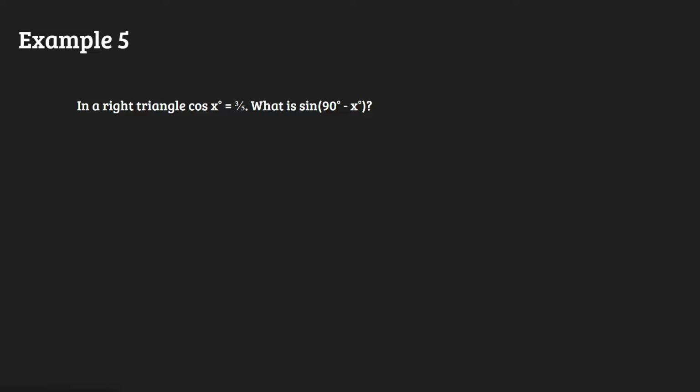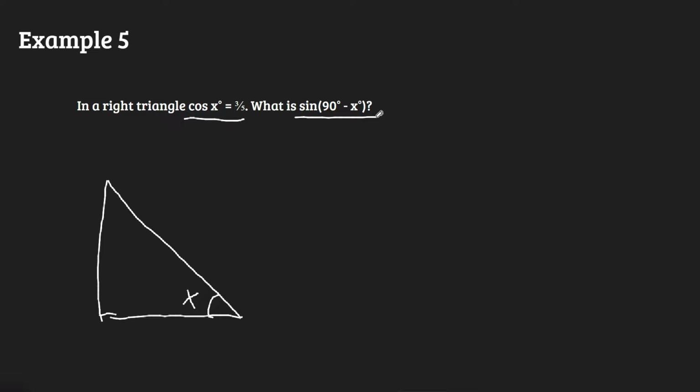This next problem here is actually a pretty interesting one. It's a problem that's very similar to one I saw in an actual SAT. So let's first start just by drawing out a right triangle. And I'm going to call this bottom angle here angle x, and we're told that the cosine of x is equal to 3/5, and we want to find the sine of